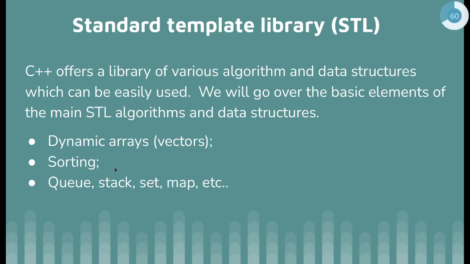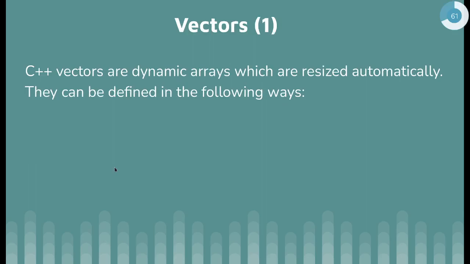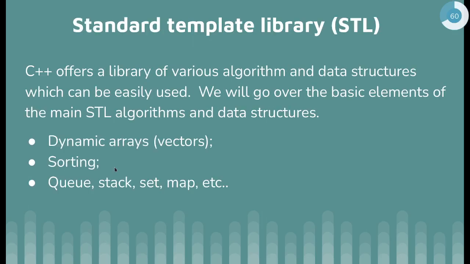Then there are some data structures like the queue, the stack, the set, the map. If you already studied algorithms, you know what these are. Otherwise, you just learn them through time, but they are generally easy. Can you explain just the last terms, set and map? I know queue and stack. Okay, yeah, that will be shown in the next slides.